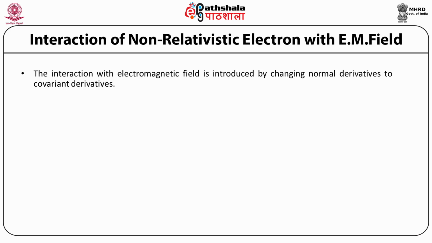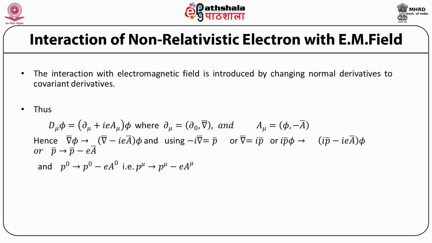All you have to do to bring in the electromagnetic interaction is to use the covariant derivative. In that case, the covariant derivative of φ is (∂_μ + ieA_μ)φ, and A_μ is of course (φ, −A vector). Hence, the gradient ∇φ is given by (∇ − ieA vector)φ,